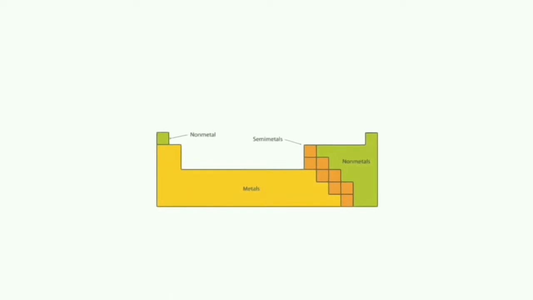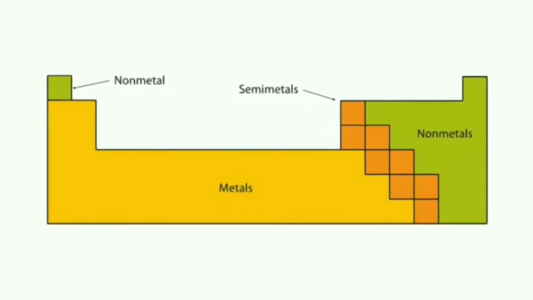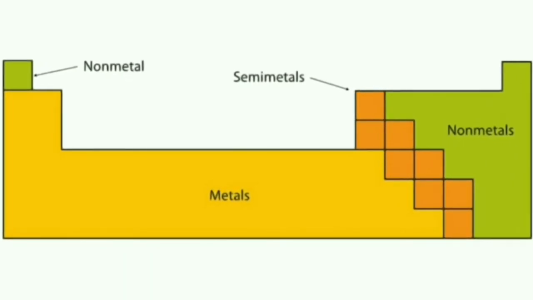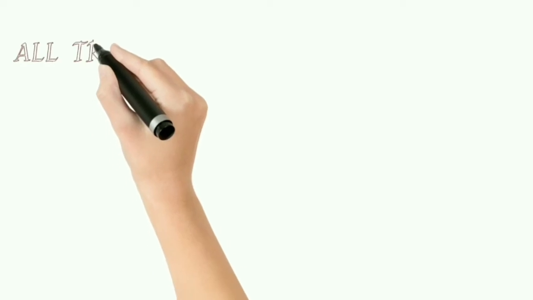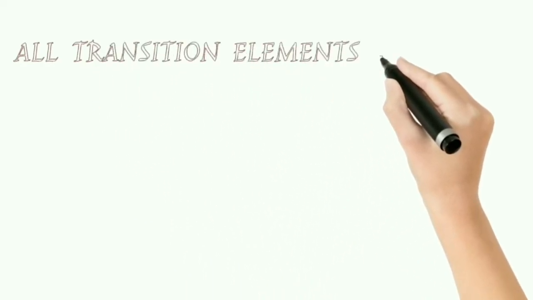Then the metallic bond, where the metals are present in the D block. D block is present in the middle of the series, that is between S and P block. That's why it gets the name transition elements. All are metals. Okay, you can see this one. All the D block elements are metals. Now let's see that all the transition elements are metals.